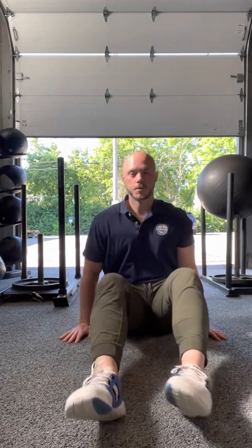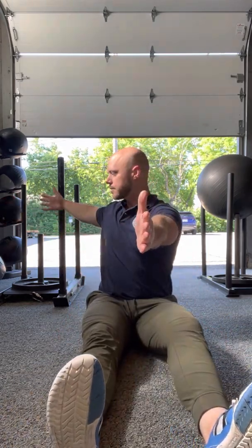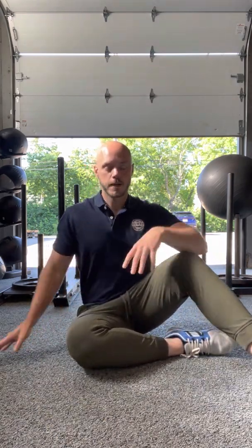So this can be easily done sitting or standing. So if you're sitting on a box, you can easily just go here and try your best to open up and come back forward that way. Easily done sitting on the floor or on a bench. Just again, trying to open up and get some of this moving here. From there, we're going to go ahead and get into,